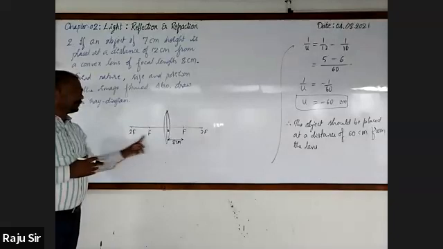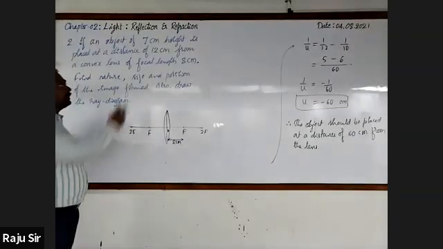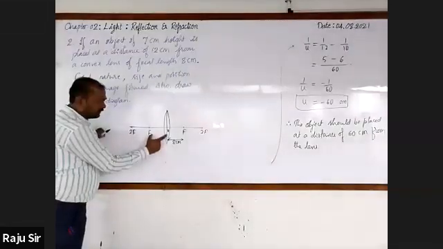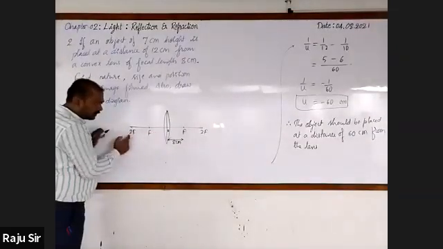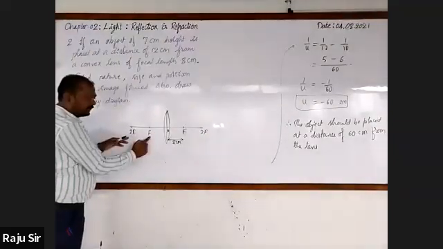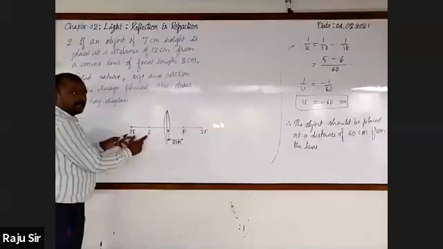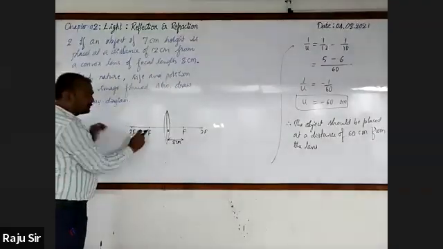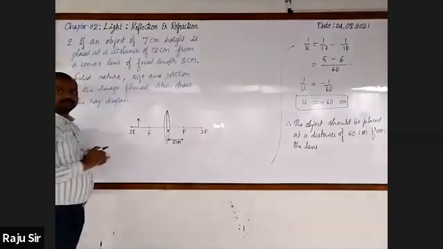Between F and 2F, or at 2F, or beyond 2F? Between F and 2F. Focal length is 8 centimeter, from here to here, 8. Total from here to here it is 16. O to F is 8, then 9 to 16 is here. The object should be placed at a distance of 12 centimeter, that comes between F and 2F. Here you are going to place the object.